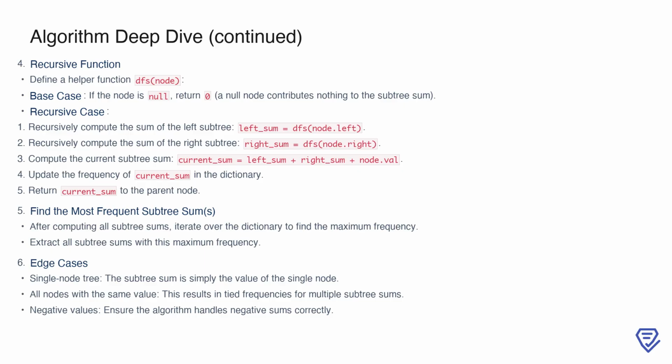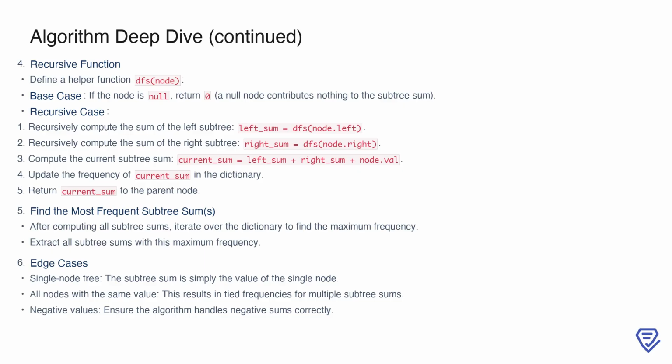Now, let's define the recursive function that will calculate these subtree sums. We create a helper function called DFS which takes a node as input. The base case is simple: if the node is null, we return 0, as a null node contributes nothing to the subtree sum. For the recursive case, we first compute the sum of the left subtree by calling DFS on the node's left child. Then, we compute the sum of the right subtree by calling DFS on the node's right